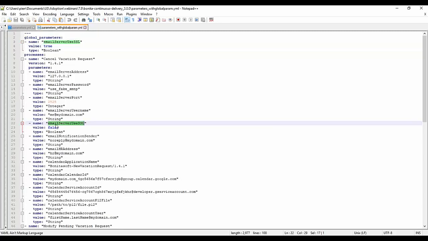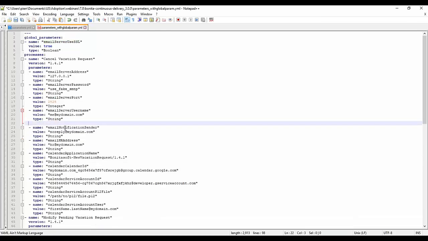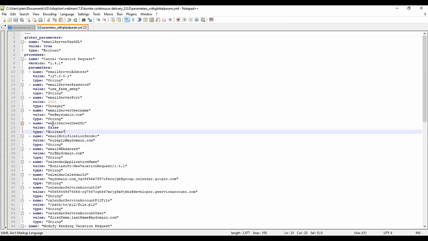If here I just kept this email server use SSL as part of this particular process cancel vacation request because I wanted a false value. If I drop this, I will have the true value for the parameter of the cancel vacation request by default. But because I want a false value, I want to override this true value that is part of the global parameters. And for that, I just